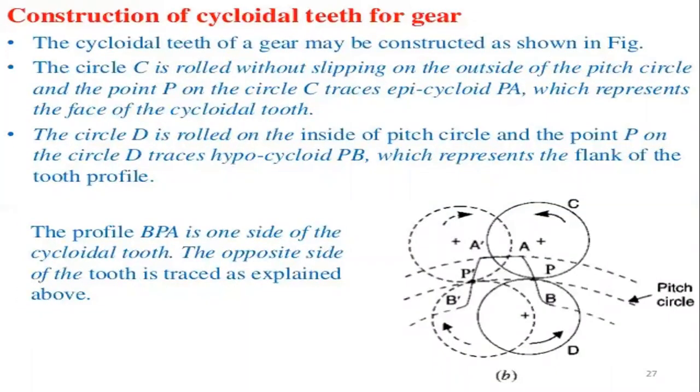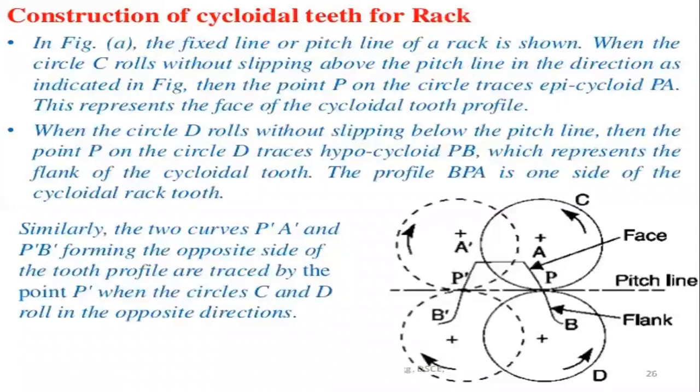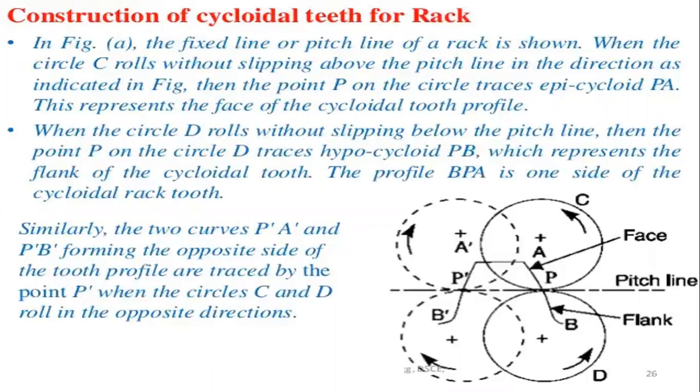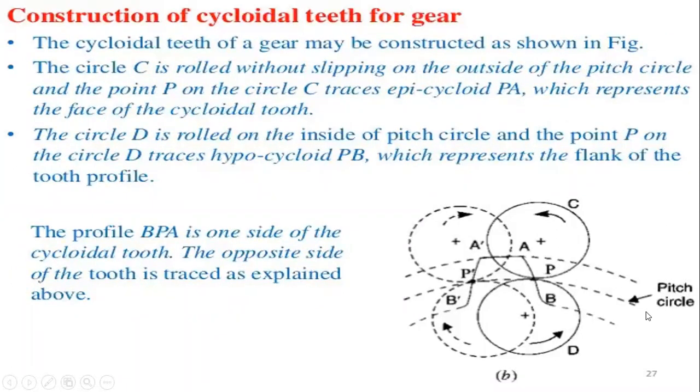Next, the cycloidal teeth of a gear may be constructed as below also. So you can see a different type of construction here. In the earlier figure, we took the rack and now we have taken the gear, that is a pinion. So it is called a pinion also. In the earlier construction, we took only the rack type gear and this is indicated by the straight line. Now these are indicated by curves. So the circle has been indicated by the curved points only. You may see it in the figure also.